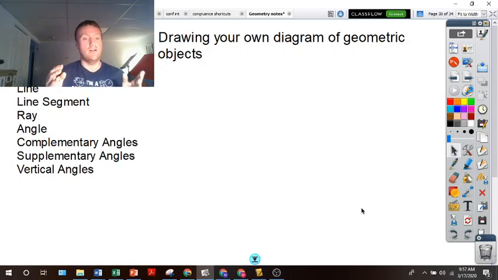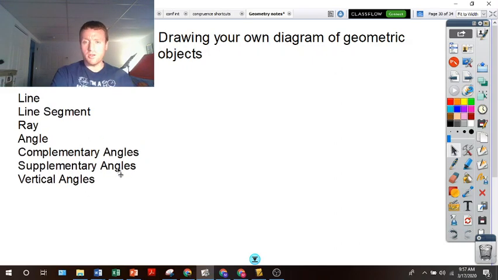The task was: here are a few words, and let's draw a diagram showing our understanding of this. As you can see over here, we have some words that I'm going to hopefully draw a picture for that hits all of these things. When I'm trying to plan, this is a tough task because I have to look at all of these words and say, how am I going to draw all of these? Well, I'm thinking, okay,